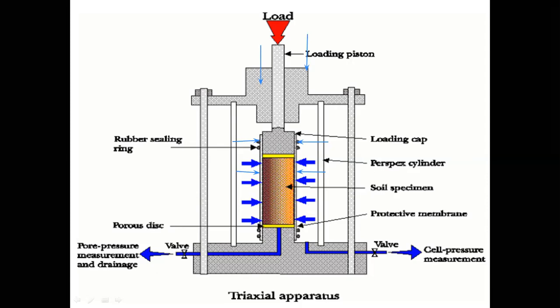And the cell pressure is measured, whatever the lateral force is, by means of this. To carry out the experiment on the rock specimen, we don't require this, because it doesn't contain much moisture. It is a solid one. Whereas in case of soil, the specimens that we prepare in the laboratory contain moisture between the grains of the sample. Whenever you are applying the load, the water content may get drained out, so that has to be taken out. For that purpose, this extra provision is made.